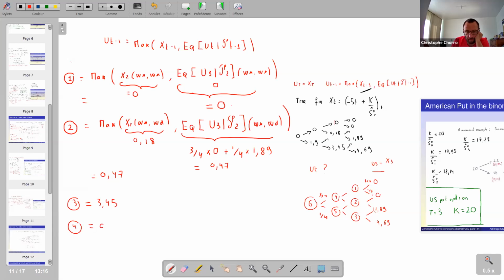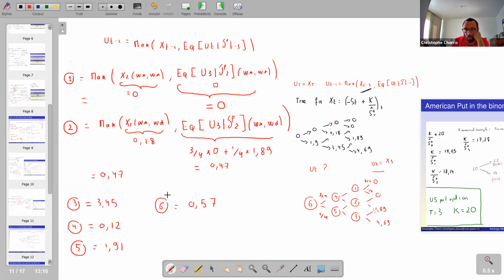you have 0.12, and for 5, I obtain 1.91, and for 6, I obtain 0.57. Okay, so you have here priced an American put option in a 3-period binomial model, and you see